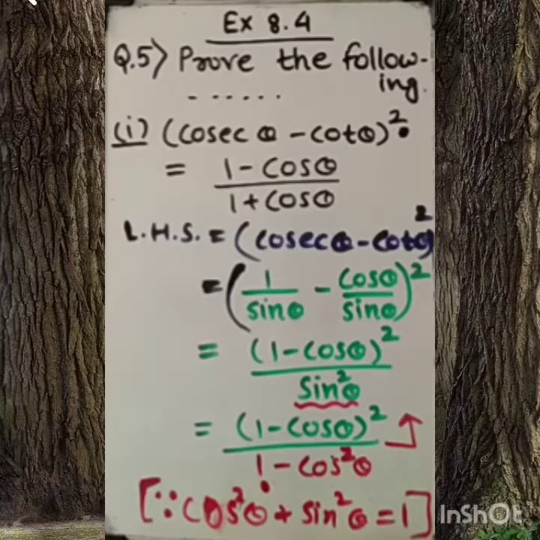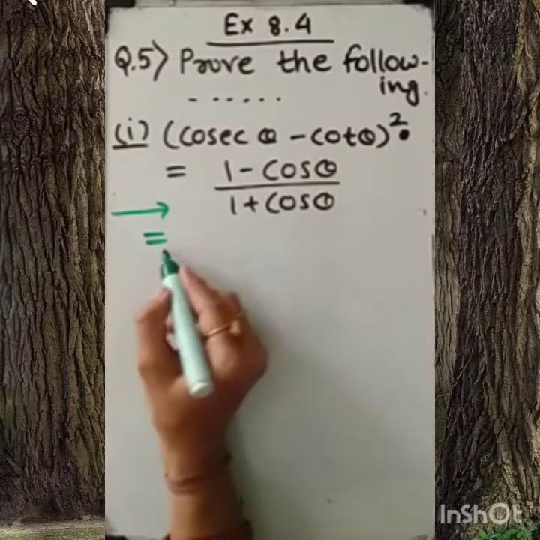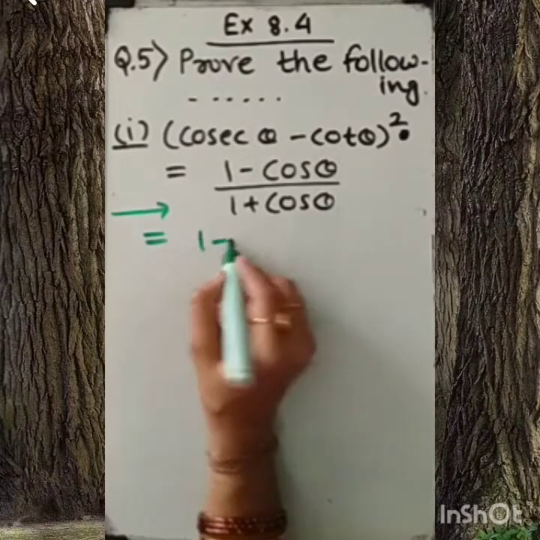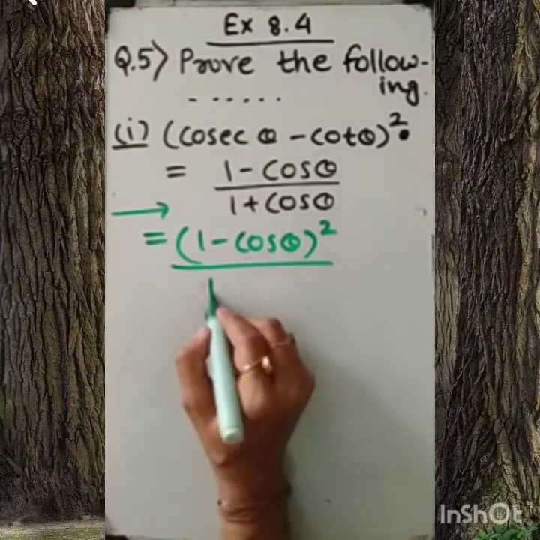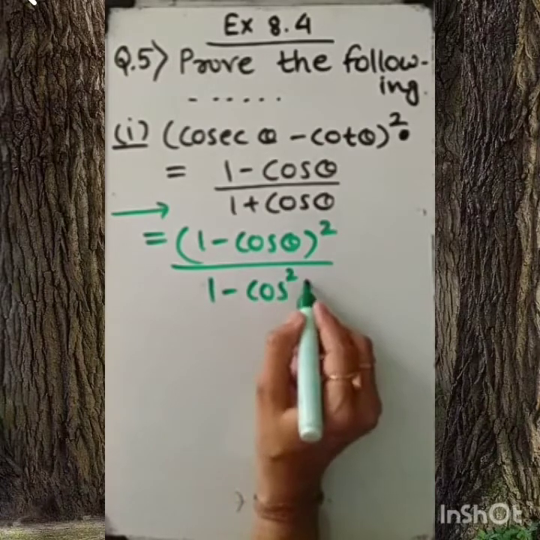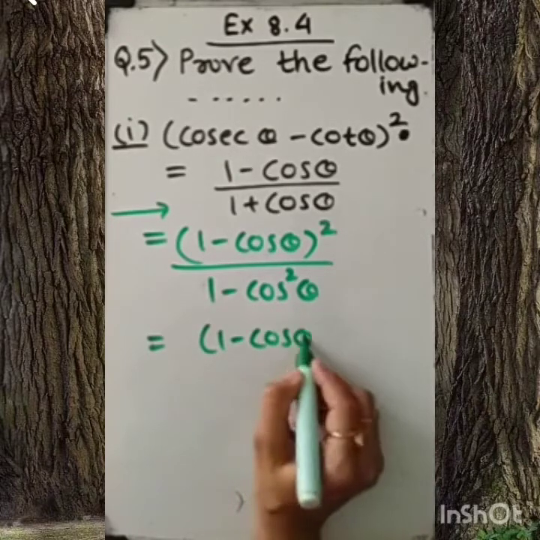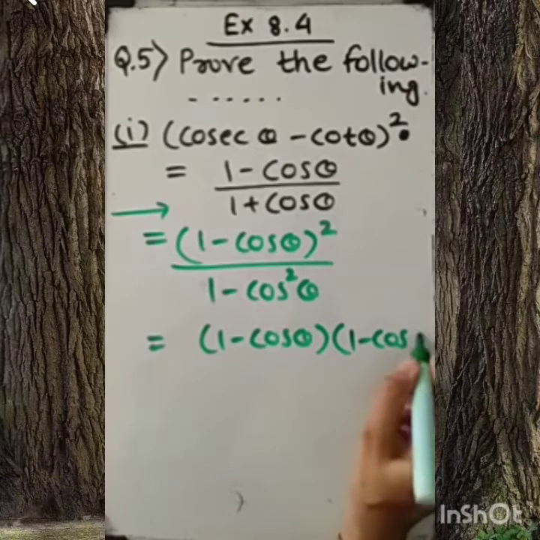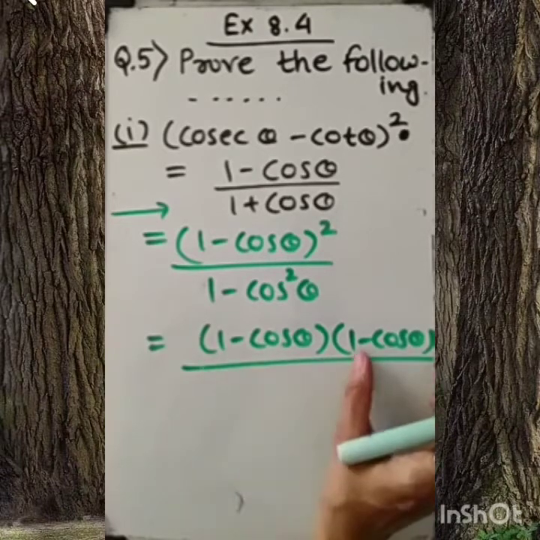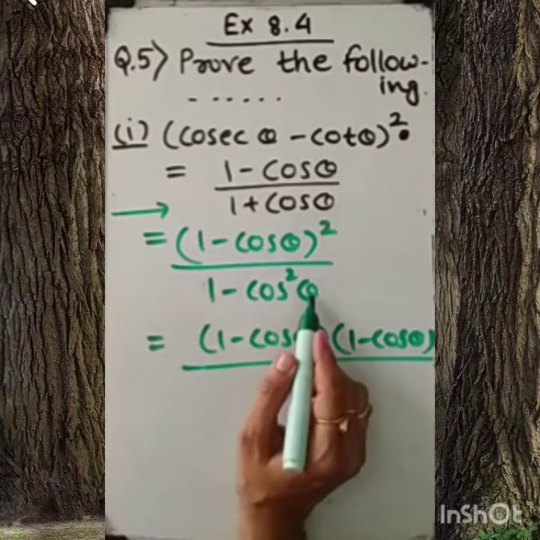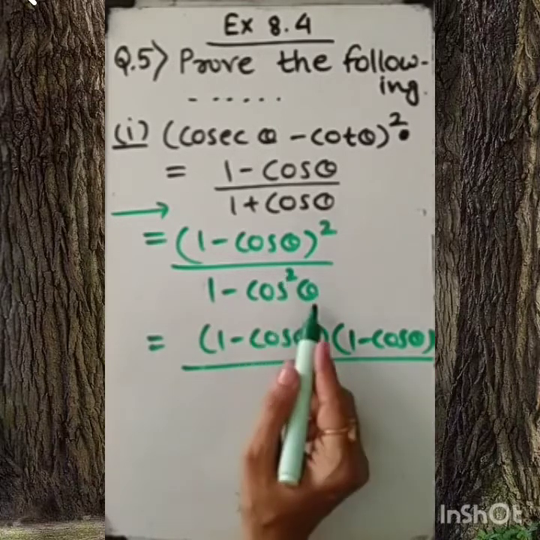Let's see. My dear student, as we are in continuation of the same question, equal to sign, in the numerator we got (1 minus cos theta) whole square, and in the denominator we had 1 minus cos square theta. In the numerator, it indicates that 1 minus cos theta appears 2 times because of whole square. Whole square indicates the same term we are repeating, so it will be 2 times. What about this 1 minus cos square theta? As we have substituted the value of sin square theta equal to 1 minus cos square theta,